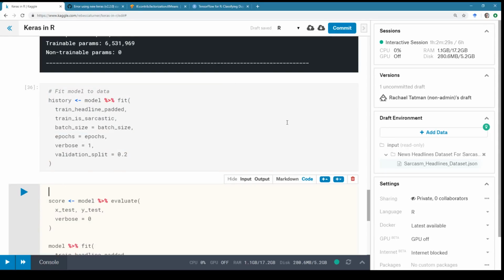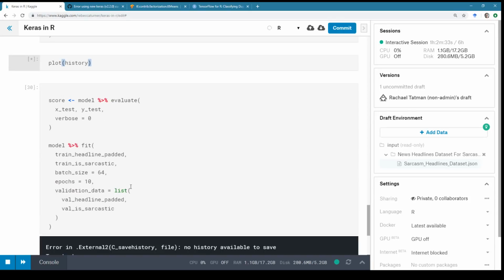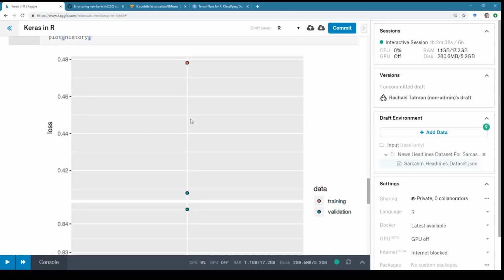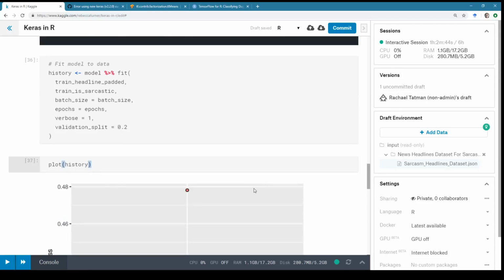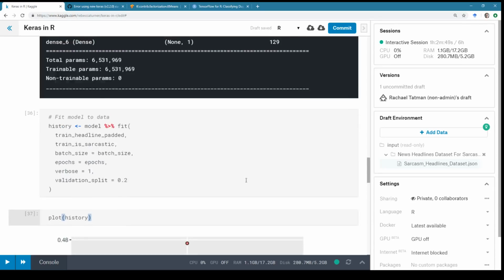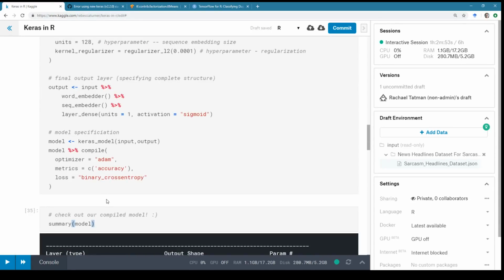It ran, and we can see maybe some sort of history. You guys. So that's something. Definitely something happened. That's good. I'm pleased with that.